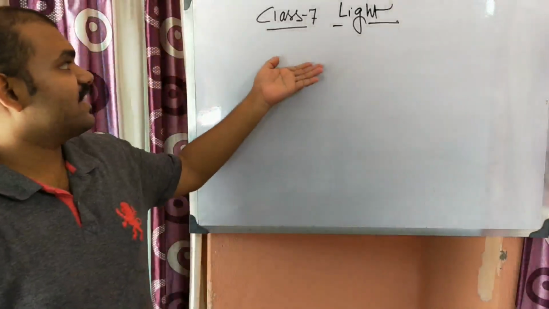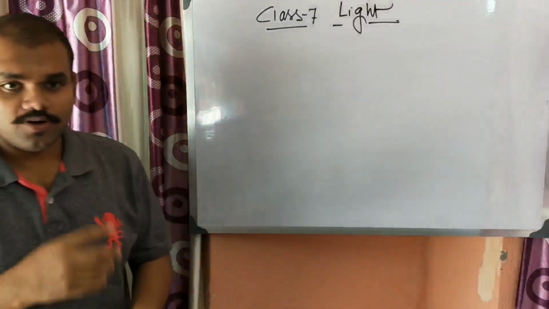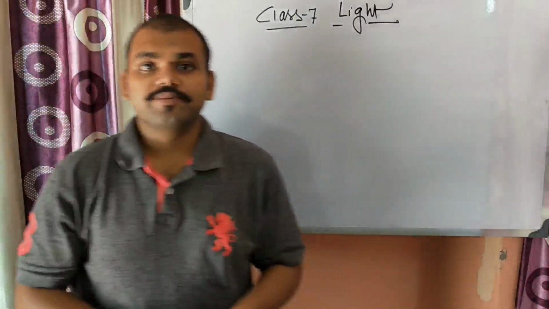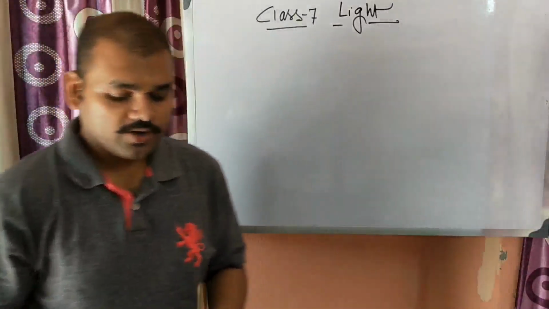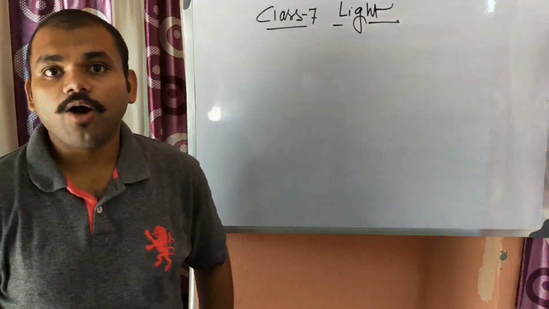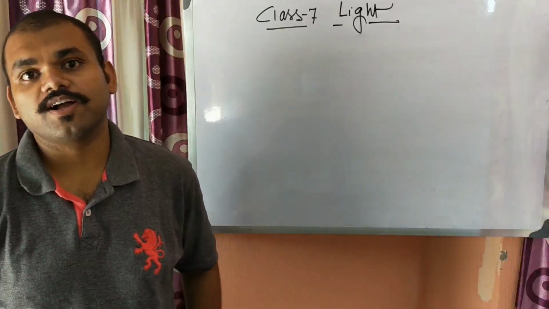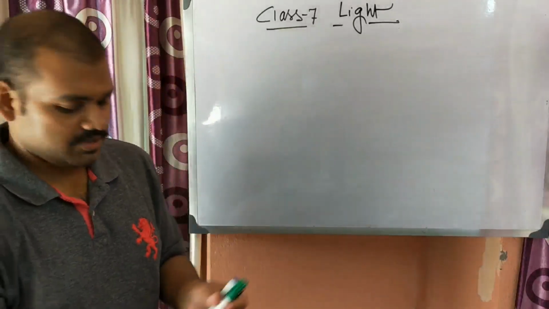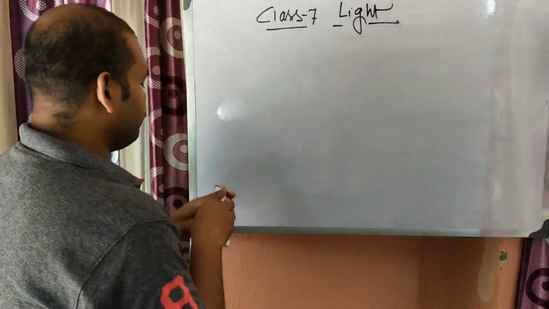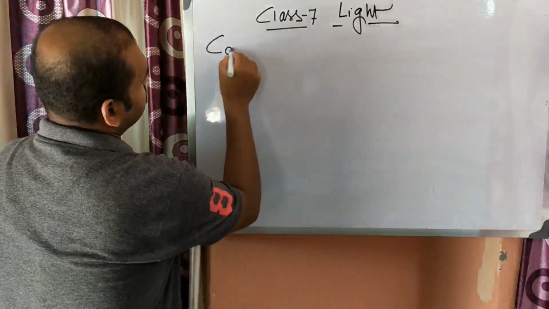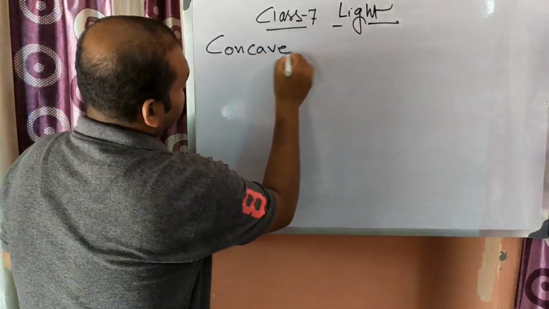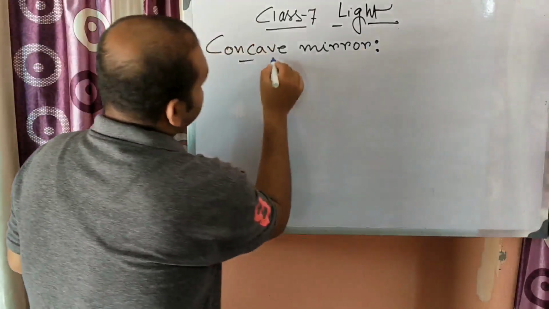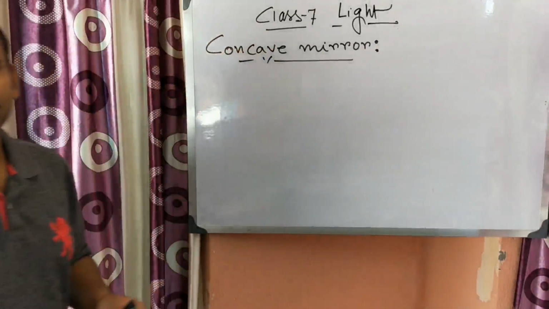Today we are on the second class about light. Previously we have come to know about concave mirror, convex mirror. Today we are going to see how the images are formed in case of a concave mirror due to the different placement of the object. Okay, so in case of concave mirror, there are generally 6 different positions that can happen.